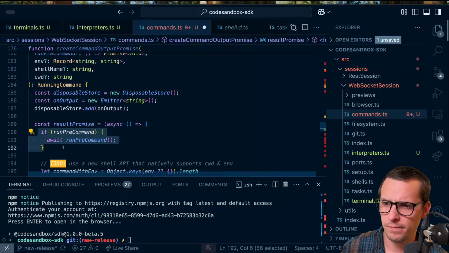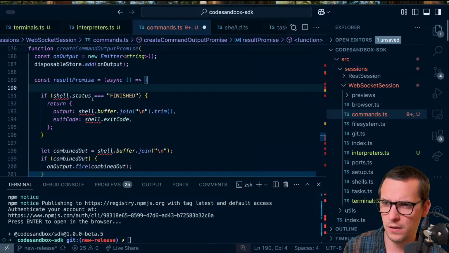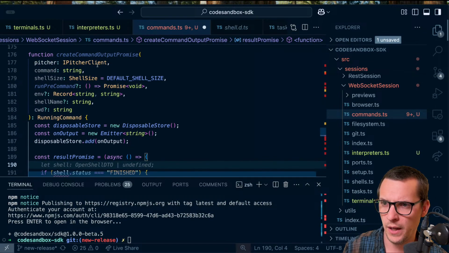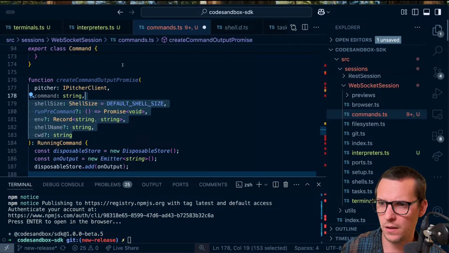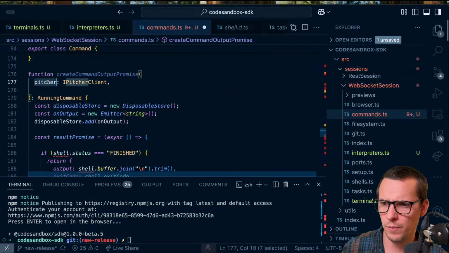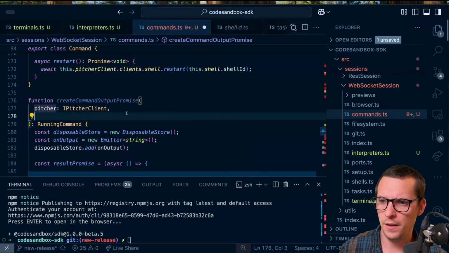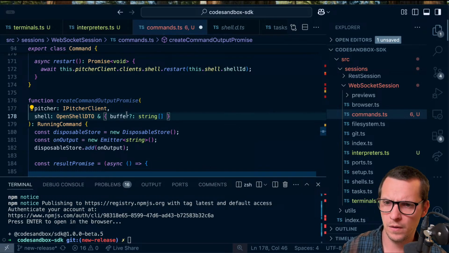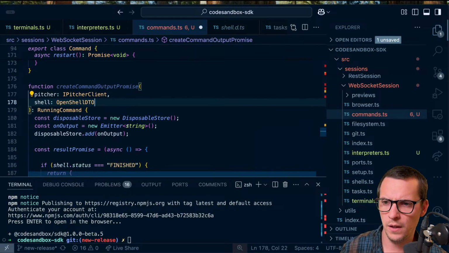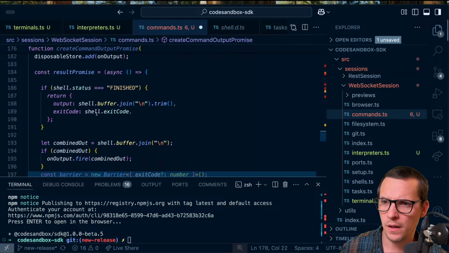We're not going to have this pre-command. We're not going to have anything of this. But we're going to have, oh, look at this. We don't need any of this. Looks like we need picture client. What do we need picture for? Yeah, of course. Okay. And then we're going to have the shell. I'm not sure why it said that. So now we're going to have,